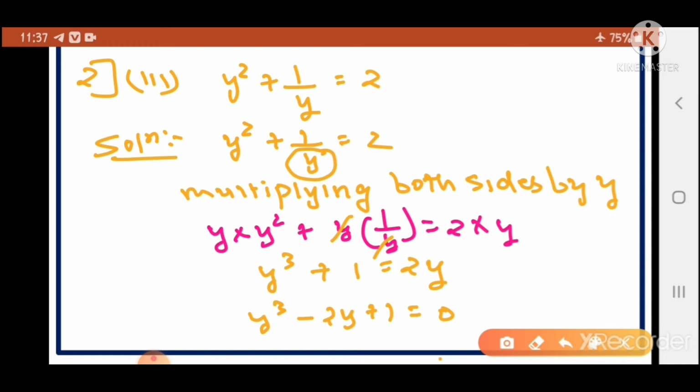So now you tell me whether it is a quadratic equation. No, it is not a quadratic equation. Why? Because the highest index is here 3. So you will write the maximum index of the variable y is 3. Therefore it is not a quadratic equation. What should the maximum index or highest degree be for a quadratic equation? It should be 2, right? It is 3. So it is not a quadratic equation. Okay? Should I move further now? Right.